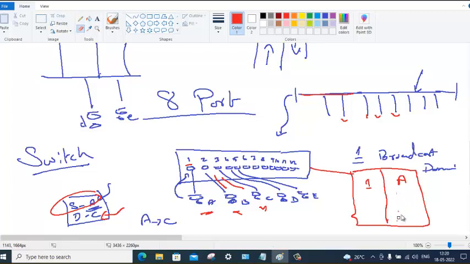When C responds, what will be the source address? C is responding, so source will be C. What will be the destination address? It is responding to whom? A. Now when this packet approaches this port, again switch listens.